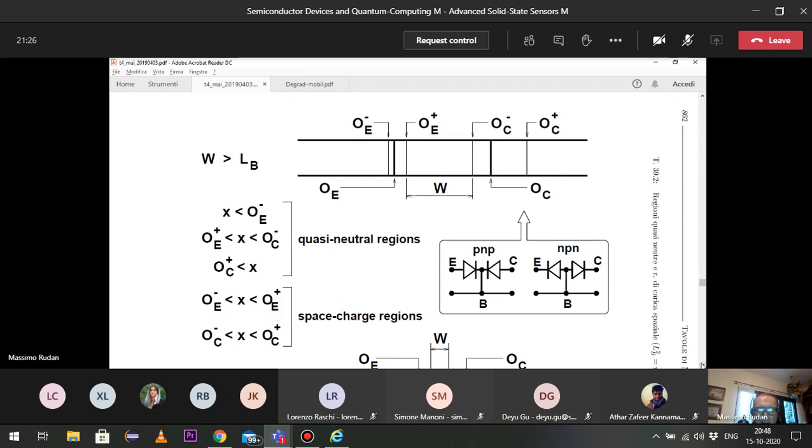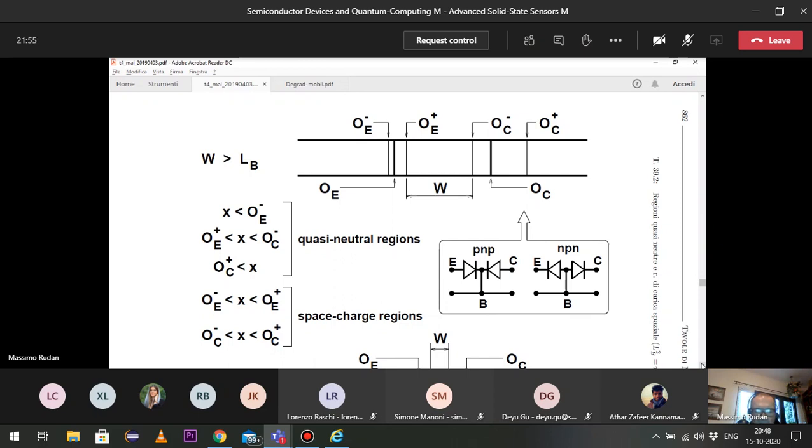And because of that, the two junctions behave independently from each other, which is reasonable. If the two junctions are very far from each other, each junction behaves as if the other junction does not exist. In this case, the bipolar transistor reduces to nothing else than